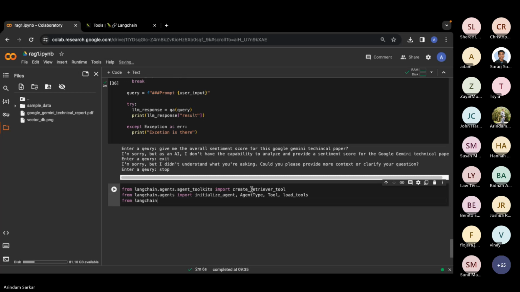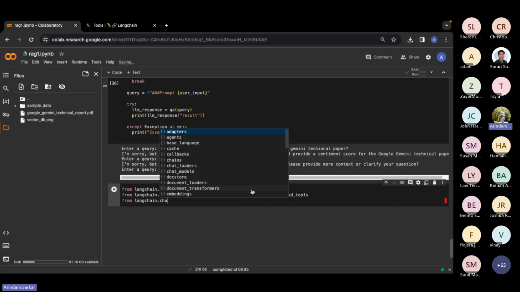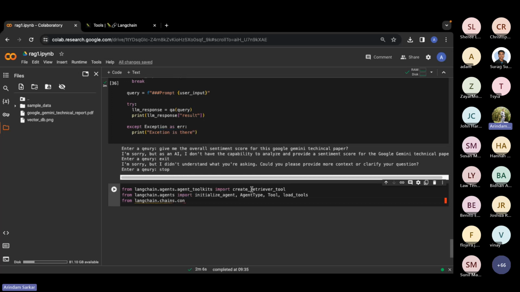Also, one more thing I want to mention here is that whenever we are chatting with ChatGPT, it is able to remember whatever question you have asked previously. It's not that you are just asking one question at a time and it doesn't know about the previous question.